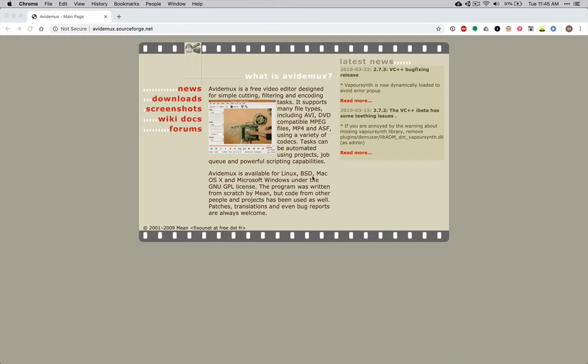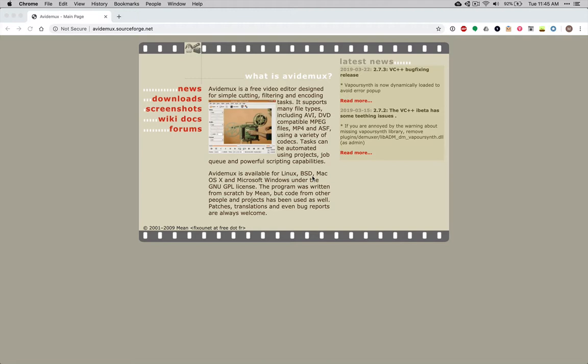Hi everyone. So in this video, we're going to talk about how to prepare your videos. Let's say you have a video that you want to shorten and you want to put it in Cubase or you want to put it in Unity. I found a great little utility for that called Avidemux, and the website for that is